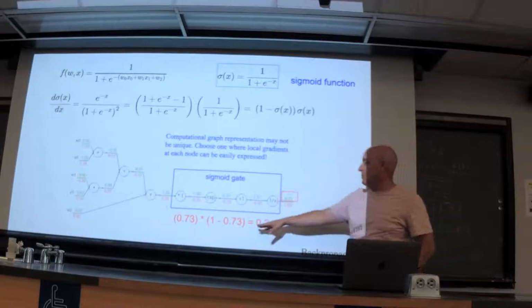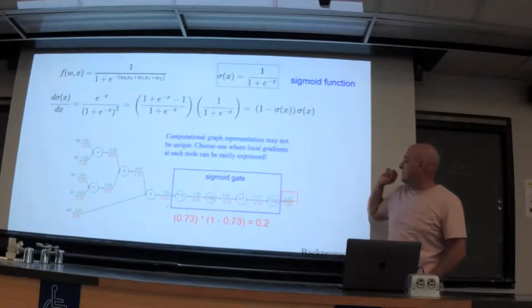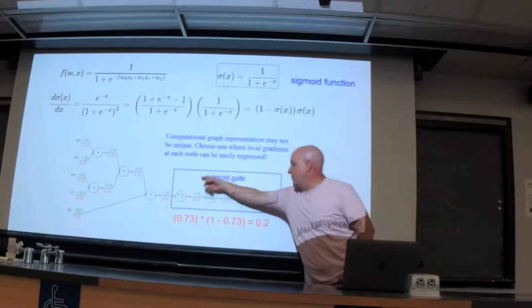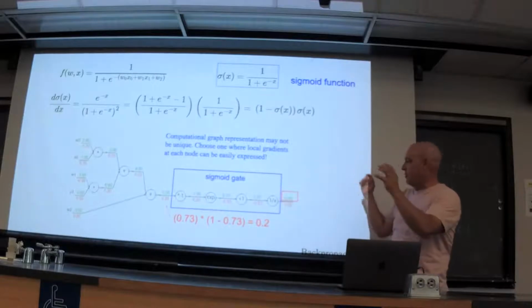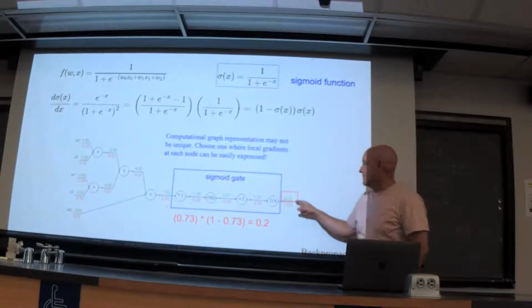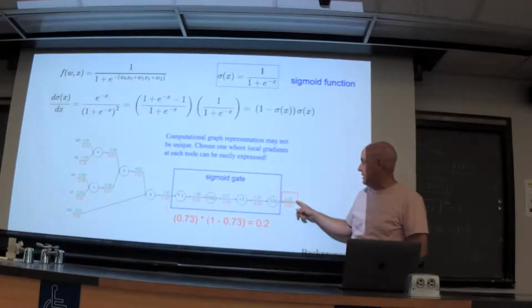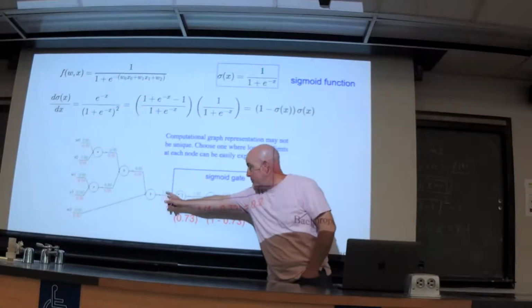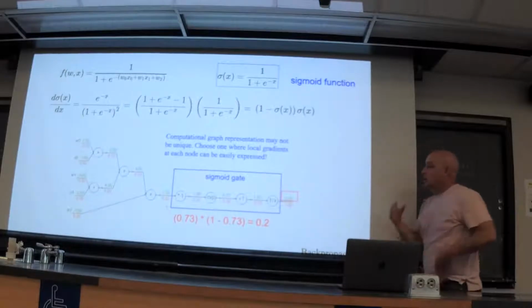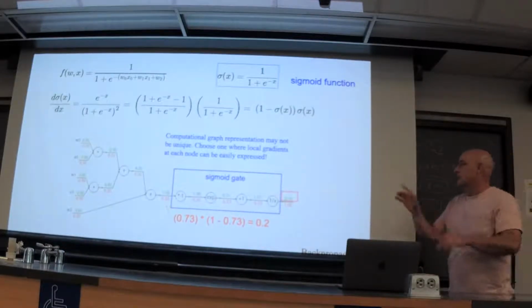Oh, right. We do this here. So if we were to think of this whole thing as a gate here, or as one operation, and we run this, we have the output of the sigmoid function as being 0.73, the input being 1. So if we apply our algorithm, we have